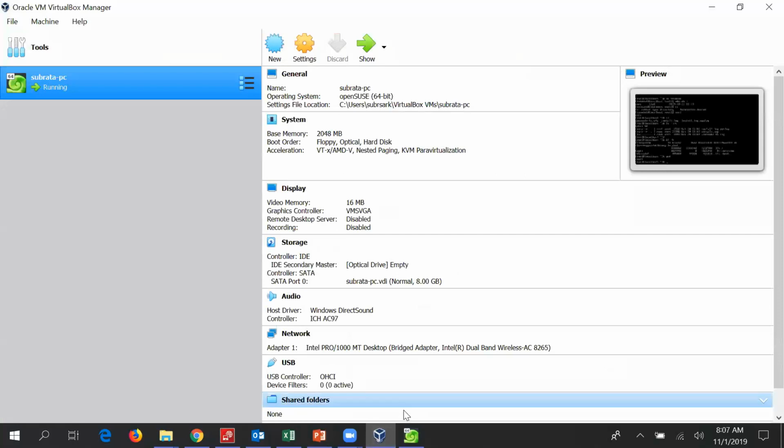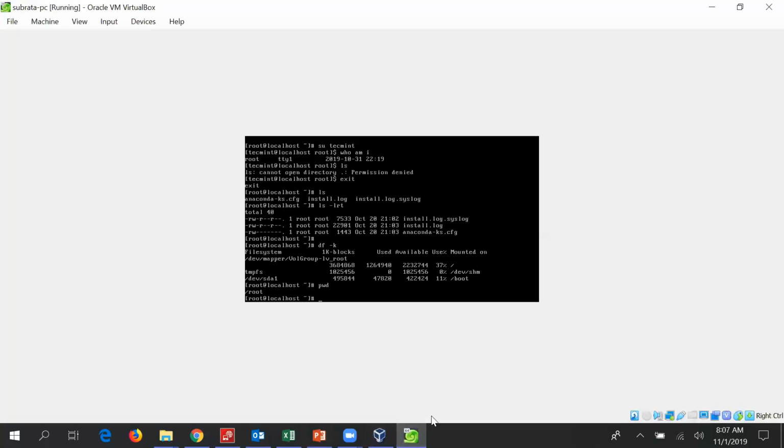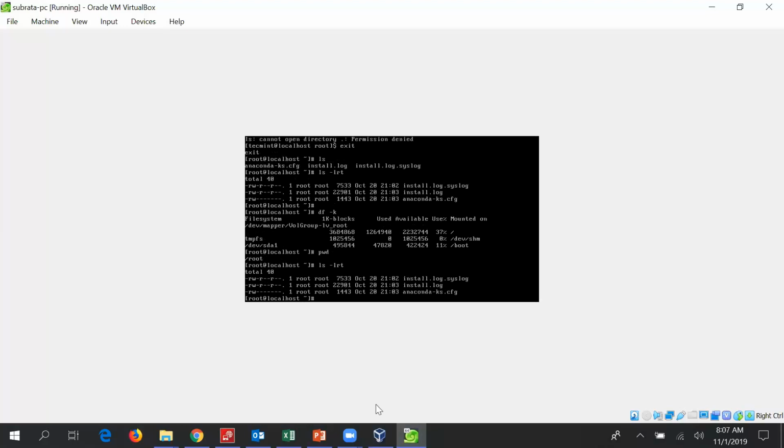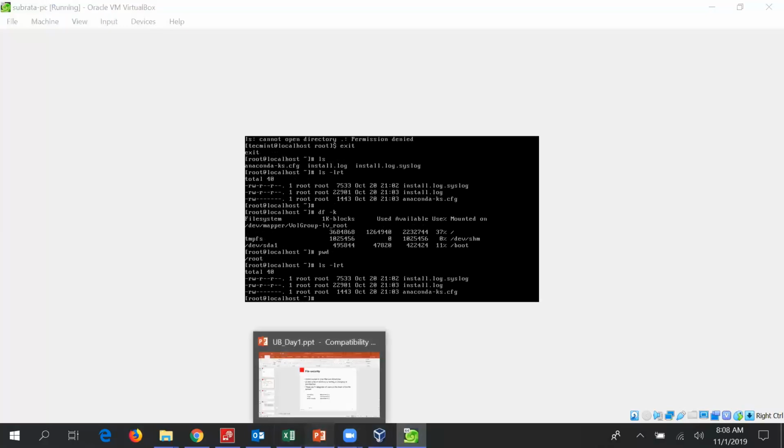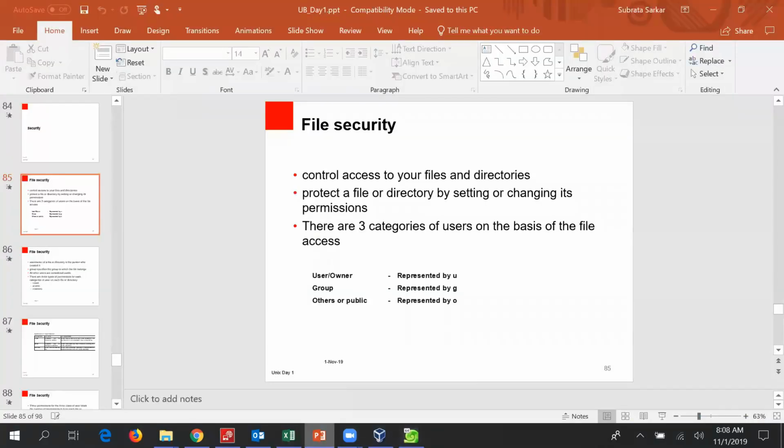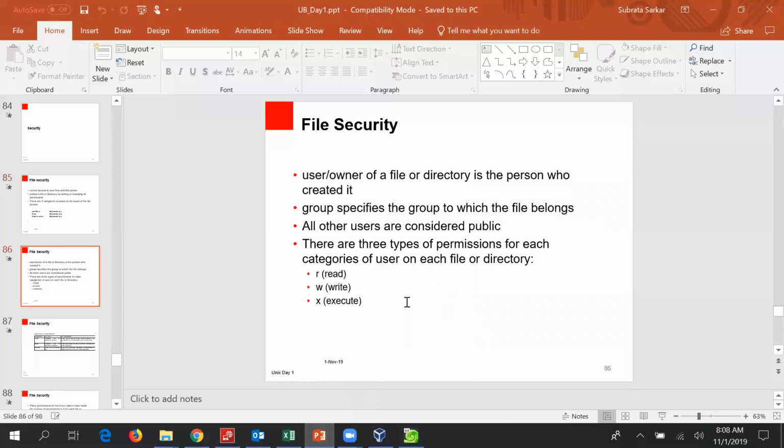As you can see here, ls -lrt. So rwx, rwx, rwx. r is read, w is write, and x is executable. ugo is user, group, and other. Read, write, and execute.